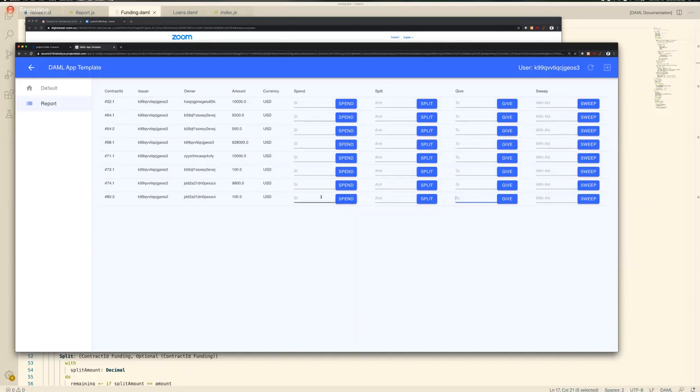If I try to actually spend this thing, let's see, I want to buy a smoothie for $100, then I won't be able to do it. Now, there's an exception which is being thrown out here that we're ignoring, but effectively there's no way I could do this. However, if I take a look at one of my own tokens, so let me split off $500 here. Since this is my own token as a treasurer, I can use that to buy my smoothie. There we go. So now a wire has